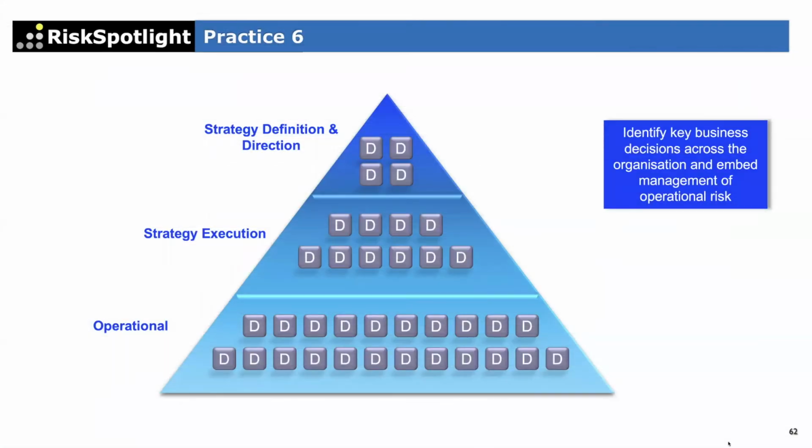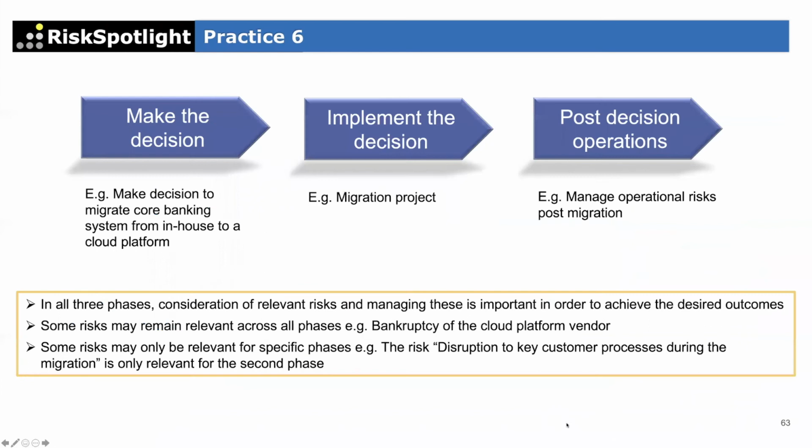All right, so that's the decision-making process. And then what are the 3 steps? Because now if we recognize that this is important, we don't want people to make cloud decisions, outsourcing decisions, launching new products without adequately considering operational risk. So then we need to help the first line on how you incorporate thinking of risk. Because we can't just say, oh, you have to think about risk. Second line now needs to give them some tools, some thought process, some method on how they can think about those risks as part of their process.